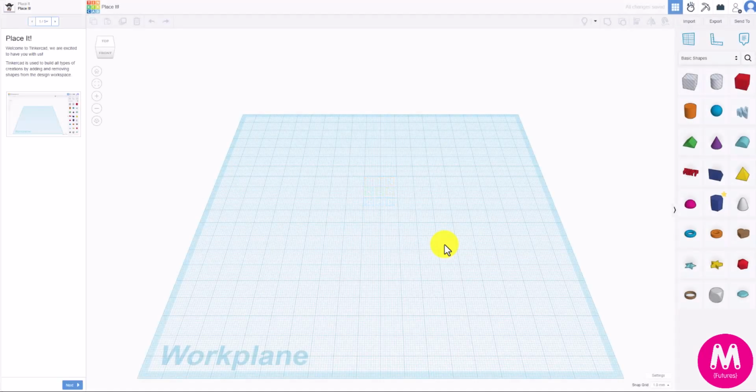And here is my work plane. Okay, so see this blue work plane. It's basically like a piece of paper. So imagine it's a piece of paper on the top of a desk. Okay. Now, it does show you this in one of the tutorials, but it's in the second tutorial, and I think it should be the first tutorial because it's important to get your head around how you navigate around this